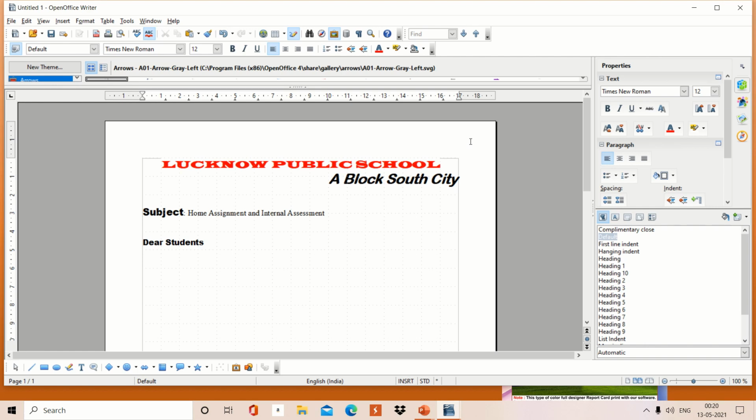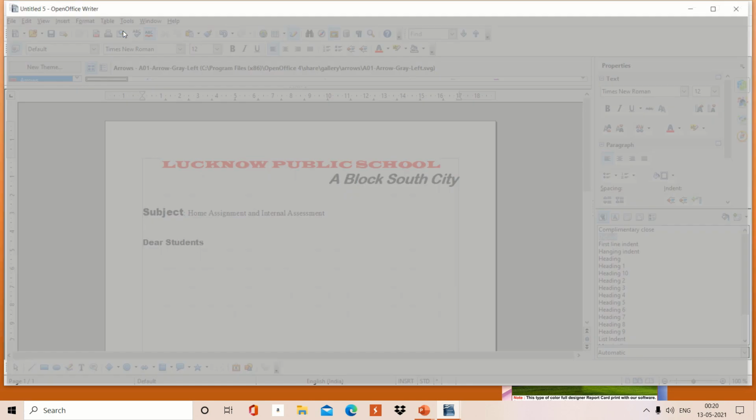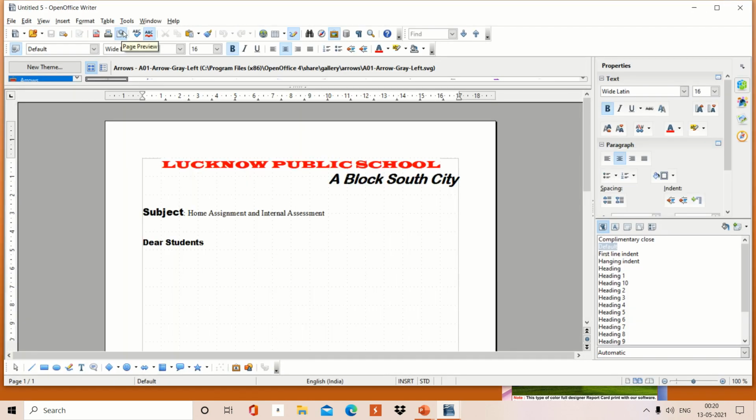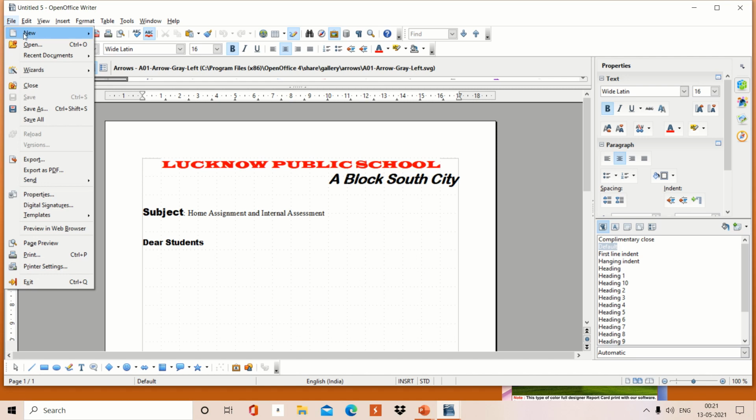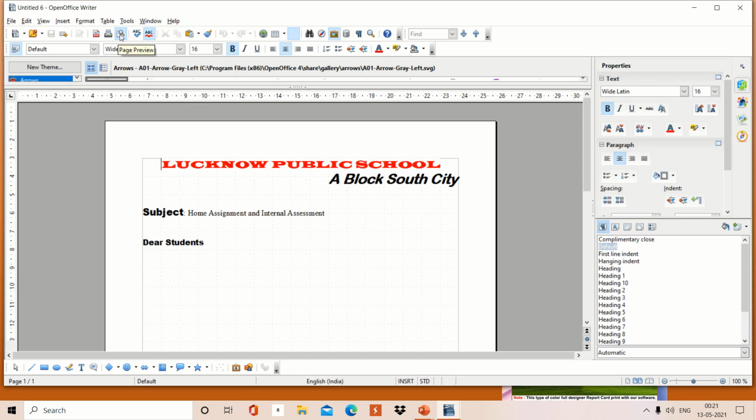After making it a default, every time you open this simple document, it will come up with the template. Here I am going to File, New and Simple Text Document. You can see I have opened a simple text document and the same layout which I made as a default is coming. Again I am showing you, go to File, go to New and Simple Text Document. Here you can see. In this way you can create a template as per your requirement with all the modifications and the symbols, and after that you can utilize it as per your wish.